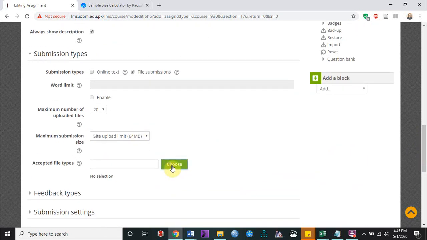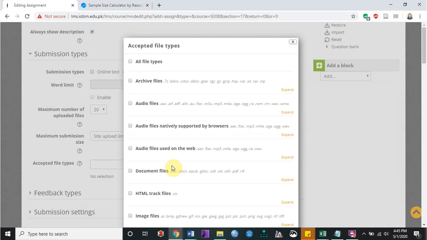Choose the file that you want the students to share with you. If you want the students to have freedom to share whether they want to upload a PDF file of their assignment, a PowerPoint, or any other, you can choose this option of all files.